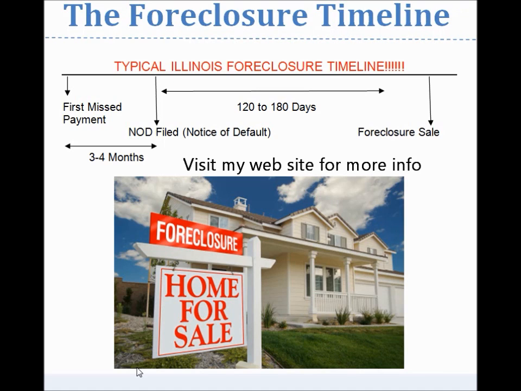After that redemption period is over, the lender's attorney could ask the court to actually set a date for a foreclosure sale. And that just means that you are going to have your house auctioned off at a foreclosure sale. Once the date is set, this is the way that your house is turned over to the bank at the auction date. Either the bank will own it at the auction or after the auction, or someone will overbid the bank and they will own it at the auction date.